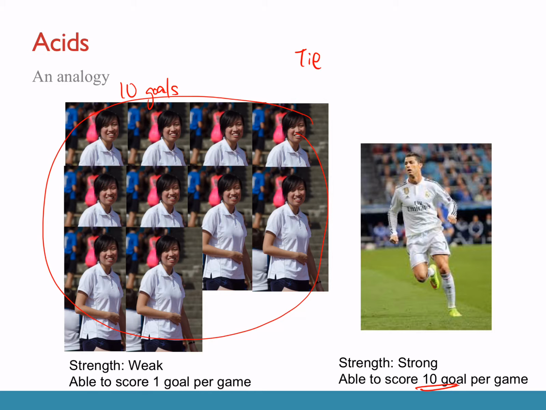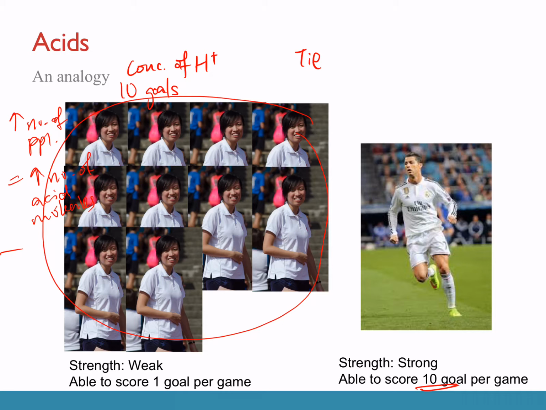So you can think of it as the concentration of H plus on both sides is the same. What I do here is I increase the number of people, which is equivalent to increasing the number of acid molecules. So when I increase the concentration of a weak acid and dilute a strong acid, you can see that it is possible for us to achieve the same concentration of hydrogen ions, and hence giving us the same pH.